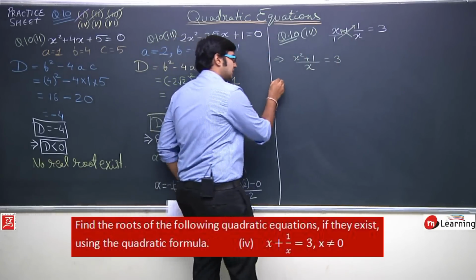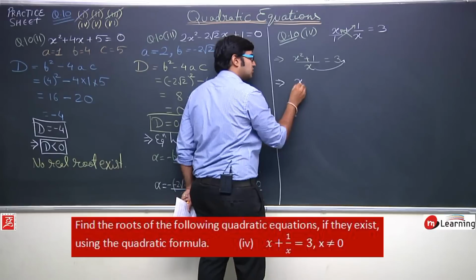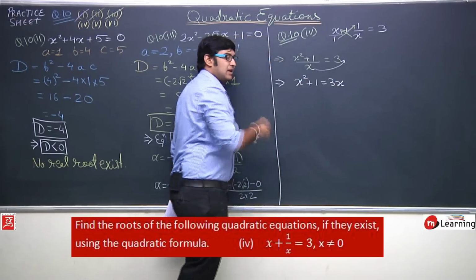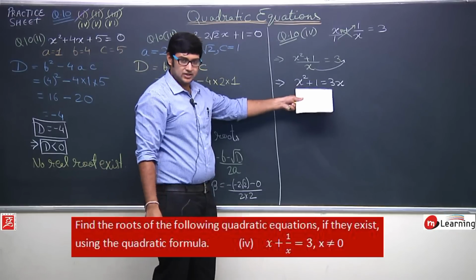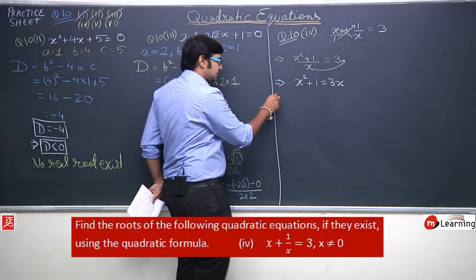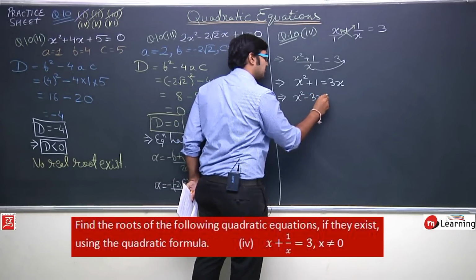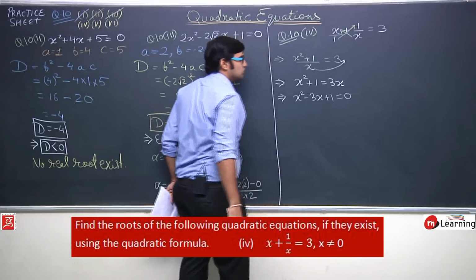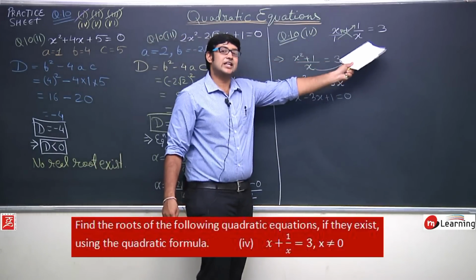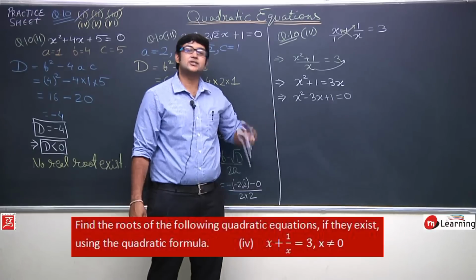Now further solving this, this x is multiplied to 3, so it will give you x square plus 1 is equals to 3x. And by rearranging this equation, हम 3x वाले टर्म को RHS से उठा के LHS में ले आते हैं. So this equation will become x square minus 3x plus 1 is equals to 0. Okay, we will get this equation. तो इसे देख के हमें नहीं लगता कि ये क्वाड्रेटिक इक्वेशन है, लेकिन एक्चुअल में ये क्वाड्रेटिक इक्वेशन है, x square minus 3x plus 1.